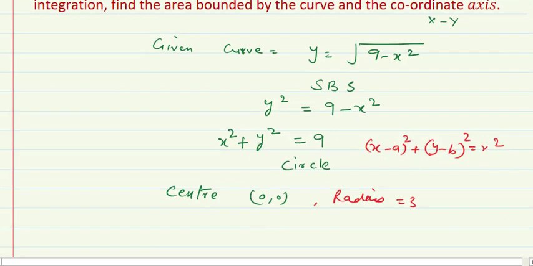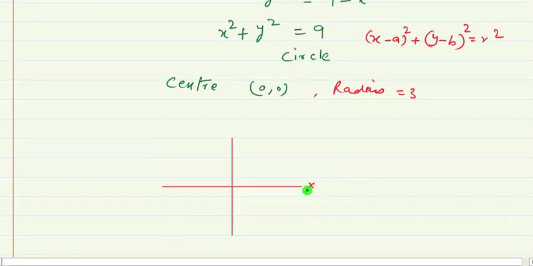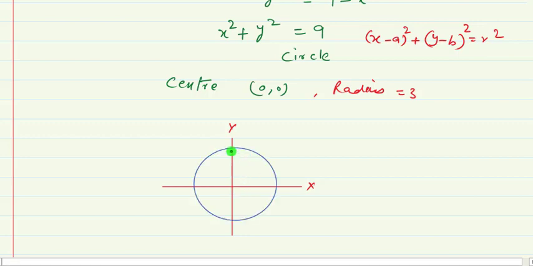So now let us draw the circle on the coordinate axis. These are the coordinate axis with x-axis and y-axis. Let us draw the circle over here with center 0, 0 and radius 3. So this is the circle with radius 3. Then clearly the coordinate of this point, let me name it as A, is 3, 0. The center is the origin. This is the center of the circle. And now we need to calculate the area between the coordinate axis and the circle.